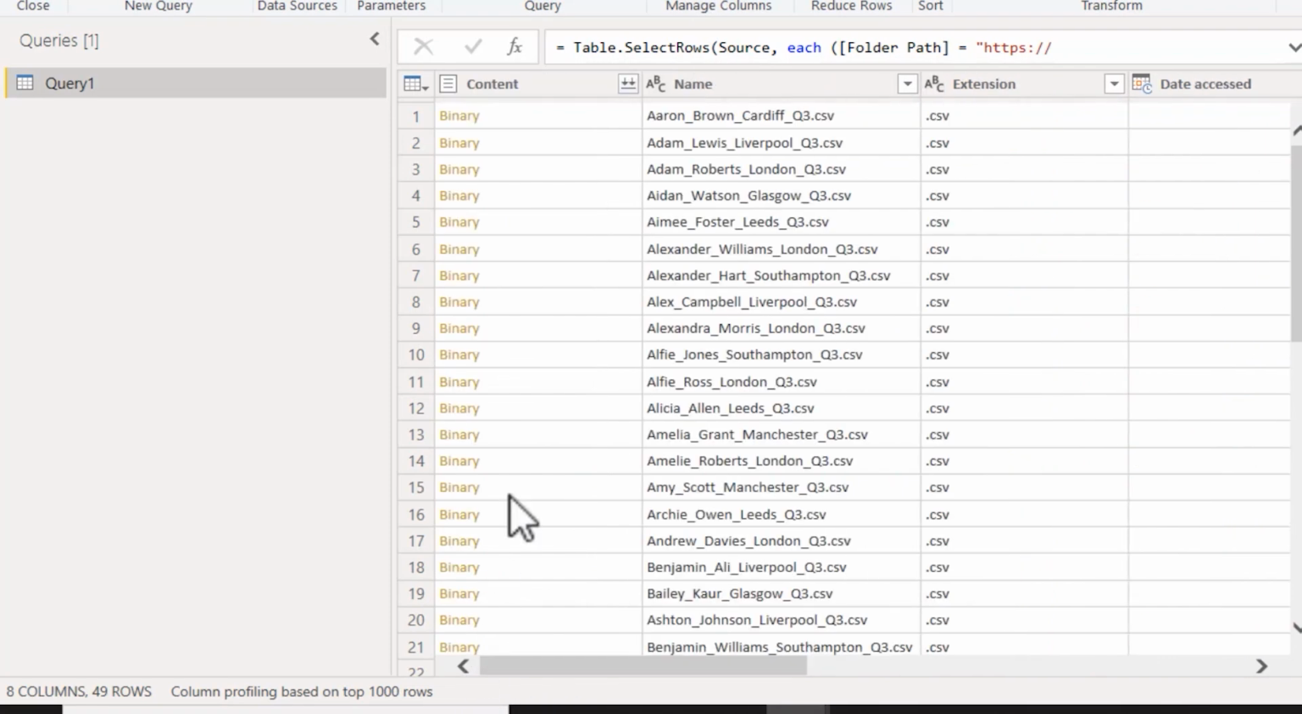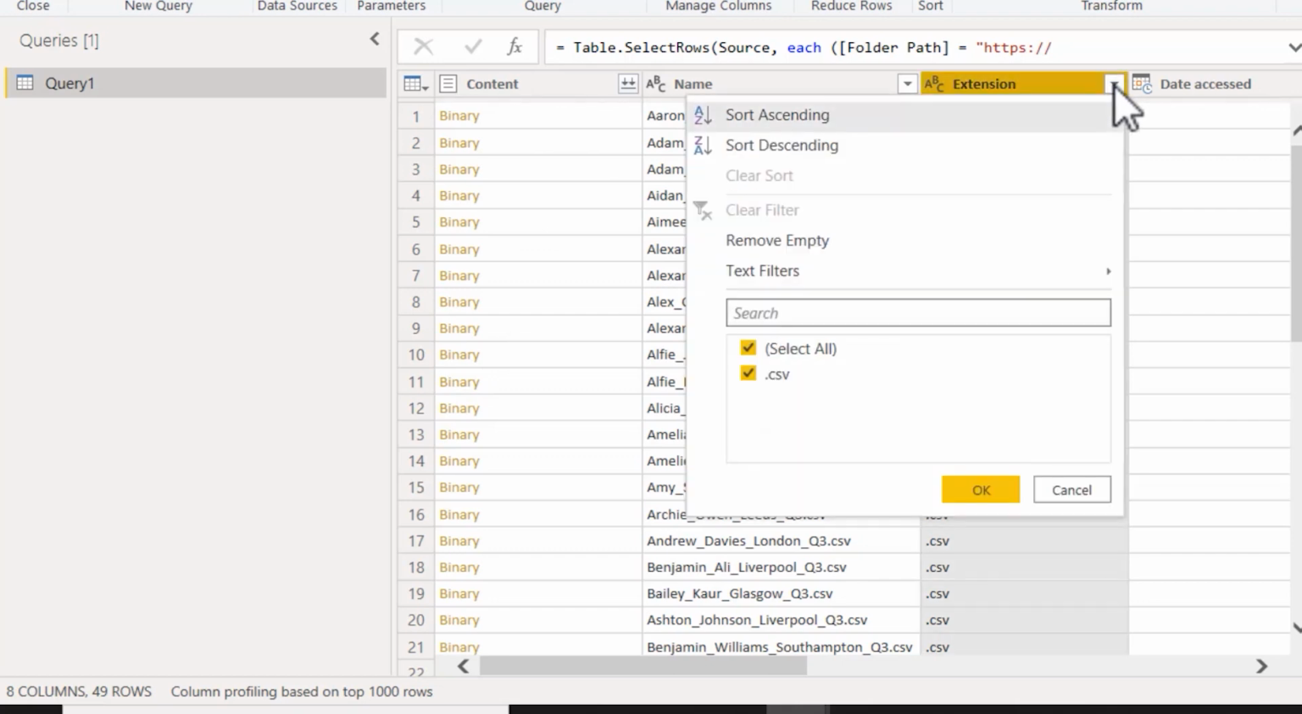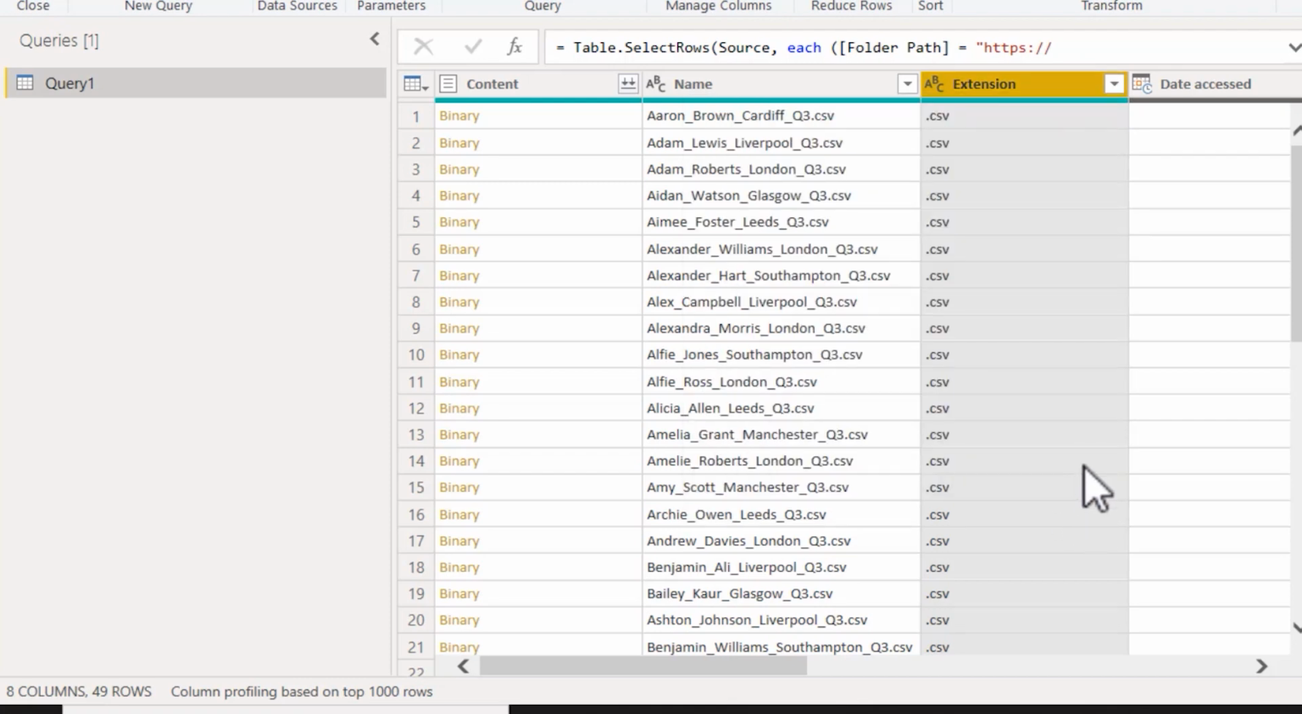And although it's not necessary on this occasion, if we had different file extensions within that folder, we could use the same technique to home in on the specific file extension that we wanted to target. So with that filter in place, now's the appropriate time to think about combining files. So we click on the Combine button,